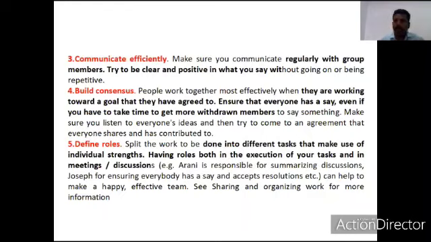You need to assign different tasks to different people at different times. Whenever you are assigning any activities or assignments to any group members, the roles and responsibilities should be clearly specified before starting any activities. Only then can they work within that specific framework, and they will work more diligently.